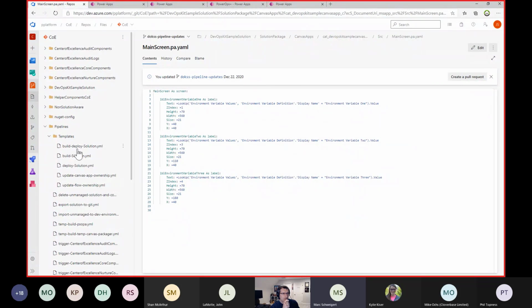And so we've built a set of highly variable-driven, highly modularized pipelines through the concept of templates in YAML, which allows one YAML file to call another YAML file, passing parameters and variables to it, et cetera, right? And so we really think we've taken great care to make these things highly reusable so that you can use them for any environment, any solution, in your own ALM processes.